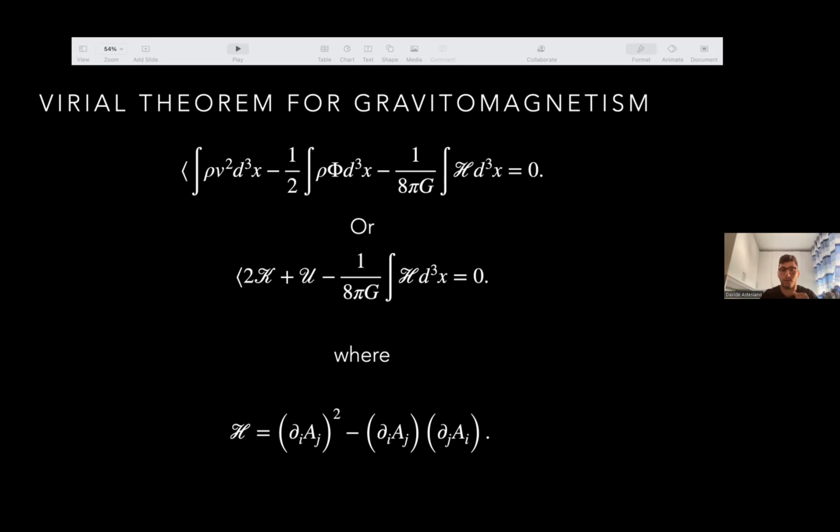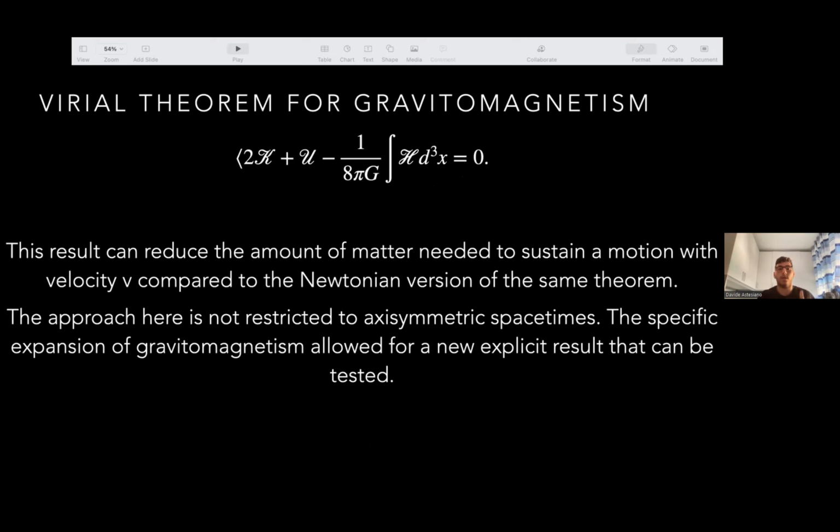for gravitomagnetism. This result can reduce the amount of matter needed to sustain a motion with velocity v compared to the Newtonian version of the same theorem. It's not restricted to axisymmetric spacetime. It's only valid for gravitomagnetism. You can do something more general, for example, for axisymmetric spacetime,